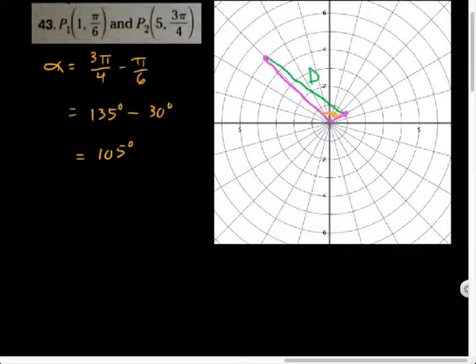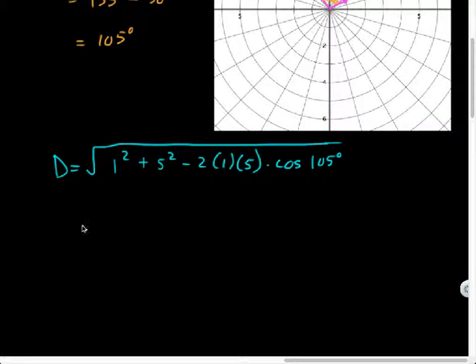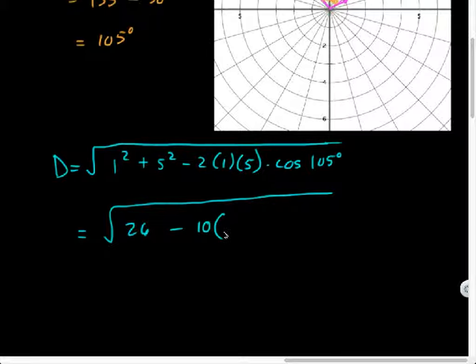So my distance is equal to the square root of 1 squared plus 5 squared minus 2 times 1 times 5 times the cosine of the difference of these angles. Even if you just plugged it in this way with parentheses or something like that, if you kept it in radians, that's fine. I'm going to do 105 degrees. I kind of like the idea of the pre-calculated part, but it doesn't matter. Equals, and let me do this in portions anyway. So that's going to be 26 minus 10 times the cosine. Cos 105